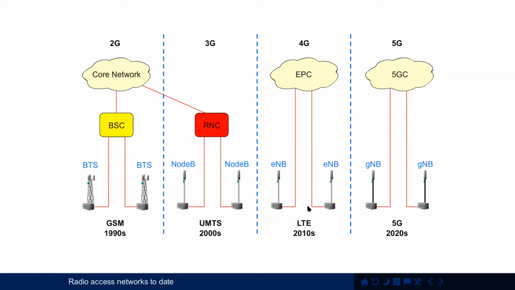And then the step from 4G to 5G is not remarkable insofar as we, again, still have no radio network controller. We still have our intelligent base stations. They're now referred to as next generation node Bs, or gNBs to their friends. And the gNBs connect directly into a brand new 5G core network. So again, the gNBs are a lot more intelligent than their predecessors, in particular the 2G and the 3G base stations.